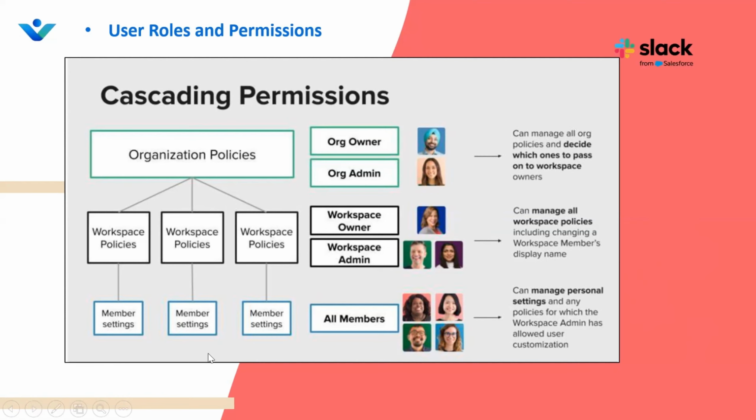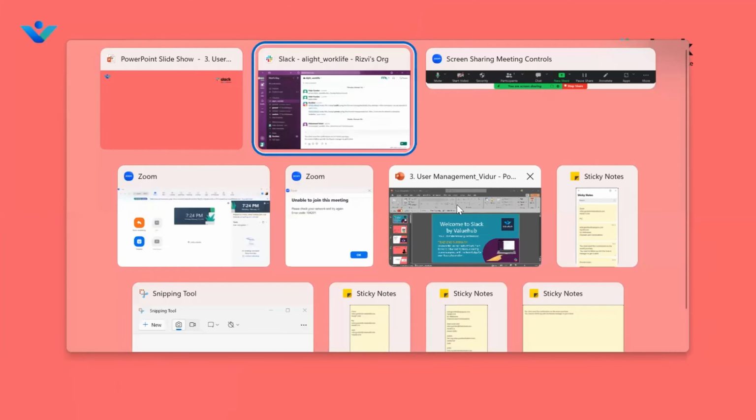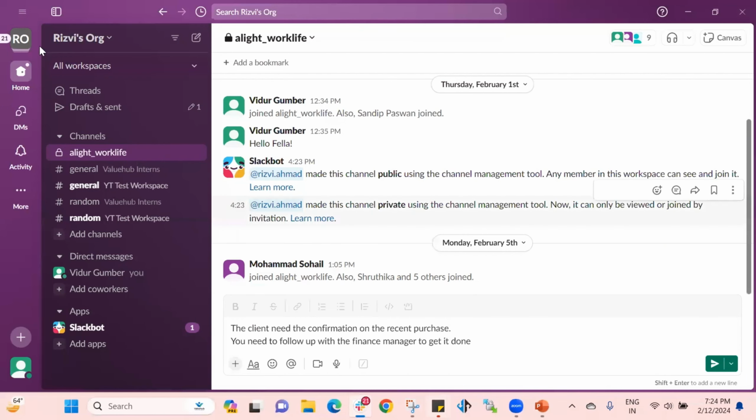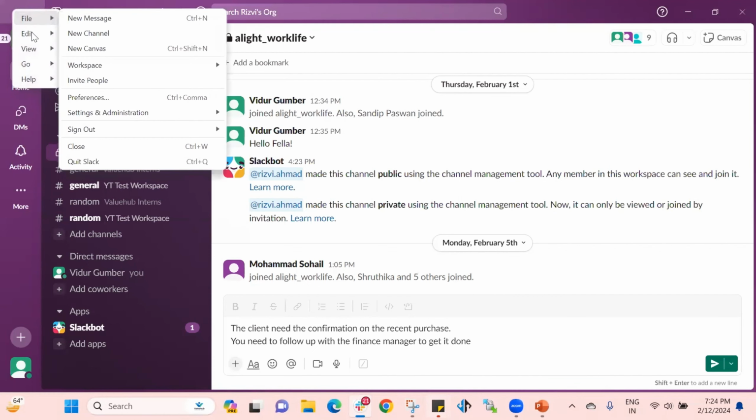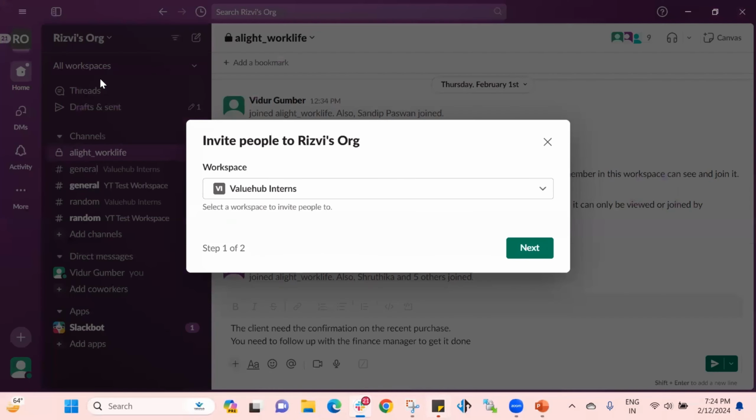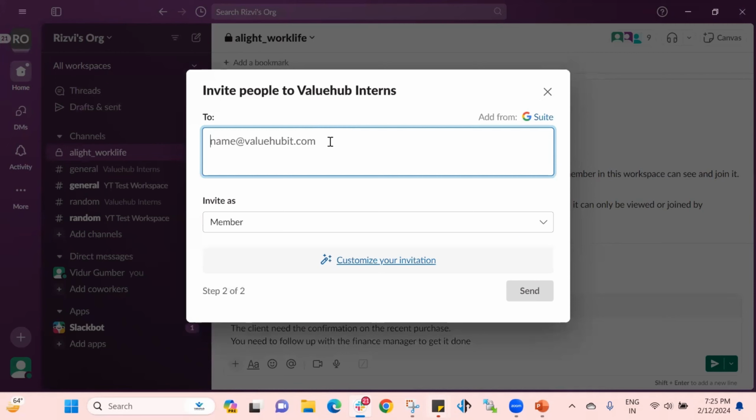So as we understood the theoretical knowledge, let me explain the same thing in my org. As I said in the previous demo, I am in the fictitious org which I have created for you, and all you need to do is go to this icon where you will see three lines. While clicking on files, you will be able to get the option of invite people. And by clicking on this link, you will get to see